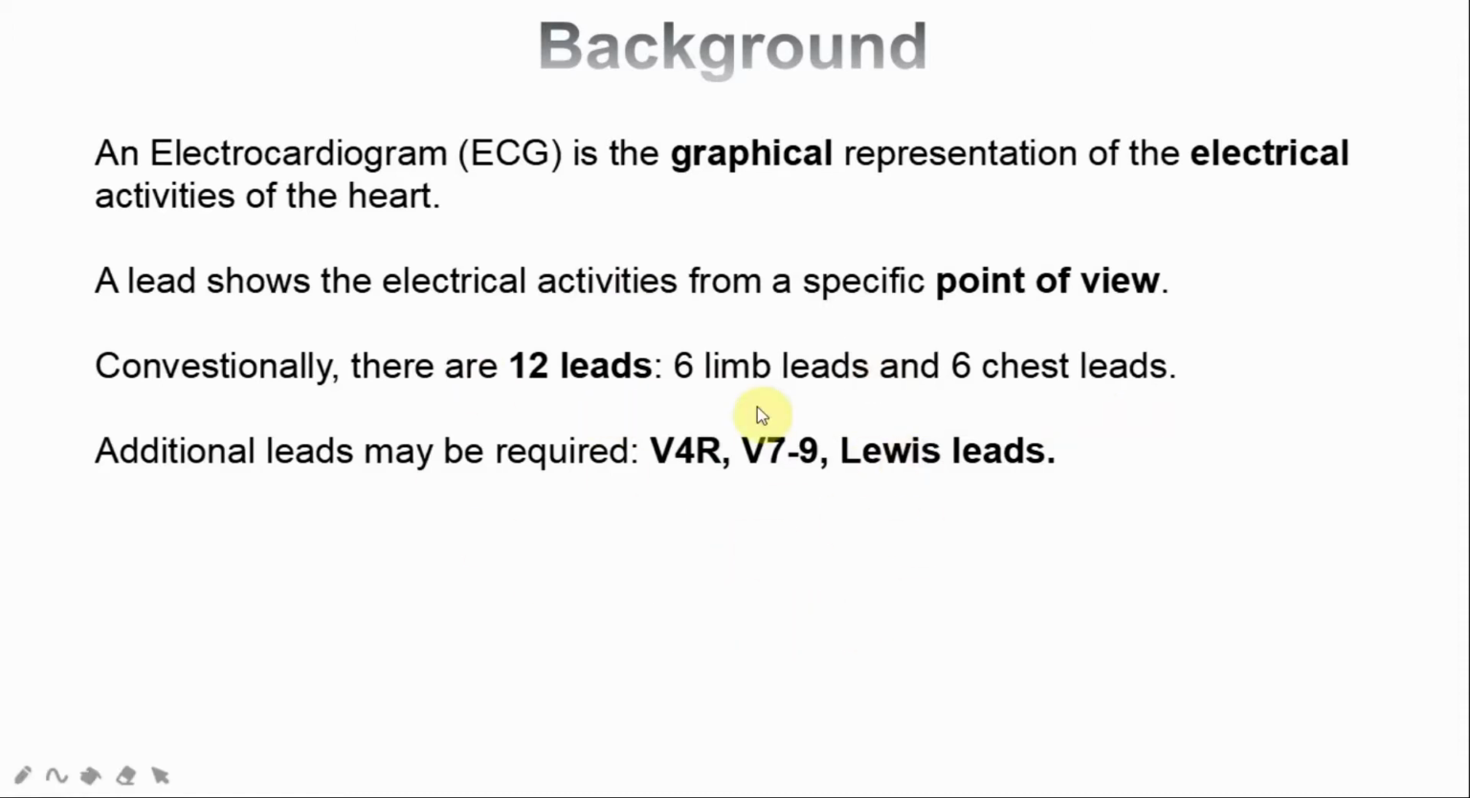For example, if you want to look at what is happening to the right surface of the heart, you can do V4R. If you want to see what is happening to the posterior surface of the heart, you can do V7, V8 and V9. If you are interested to know if there is atrioventricular dissociation, like in a VT, or in a complete heart block, or even in second degree heart block, you can do Lewis leads. Now let me show you a normal ECG, and I will show you some animations